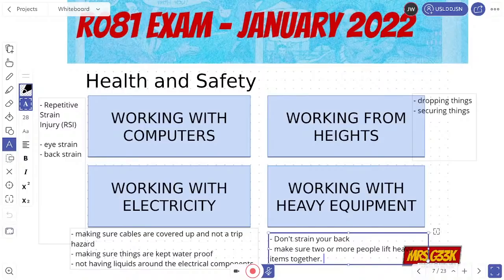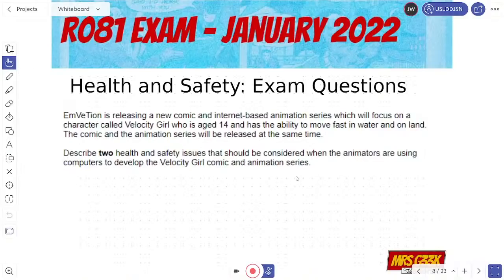So it's just making sure really that you're sensible, that you don't drag something, twist yourself and hurt yourself, because obviously as you get older and if you are running a company, then you will be liable for those injuries, and typically there'll be training that would be undertaken in these cases. So let's have a look at a typical exam question here.